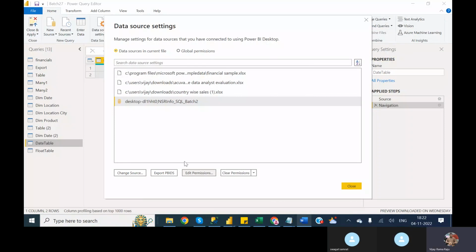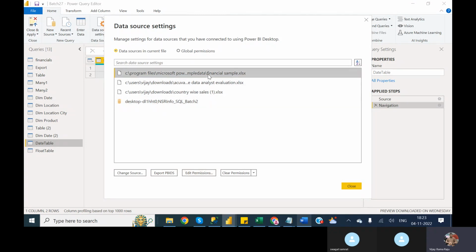Okay, so next one is export PBIDs. Export PBIDs means Power BI dataset. Okay, that means whichever path you are selected, that path related dataset will be downloaded. That means